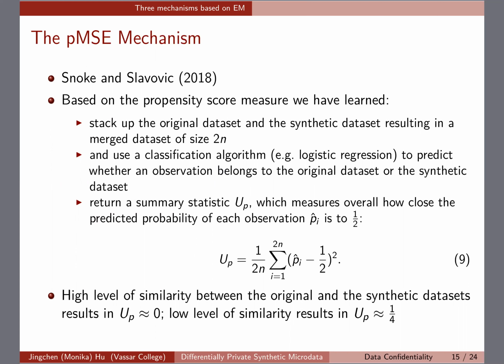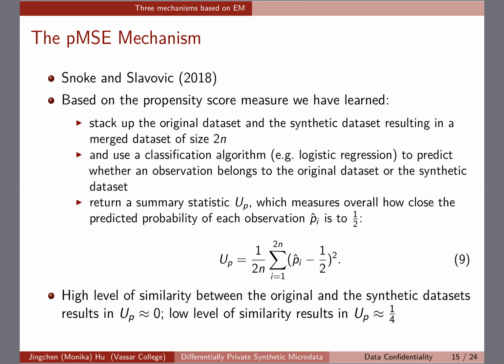We returned a summary statistic back then, UP, okay, utility propensity score, which measures overall how close the predicted probability of each observation, PI hat, is to 1/2, okay? Because we know that the original data set and the synthetic data set have the same size. So if the classification algorithm cannot really discern, cannot really differentiate the two data sets, then most of the PI hat will be close to 1/2, okay? Because, well, we know that back then it's a logistic regression, so the PI hat is a probability of being assigned to